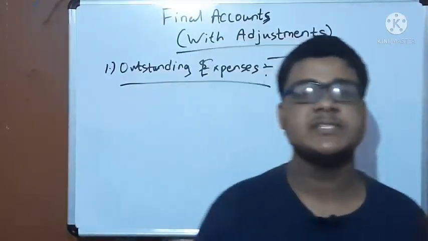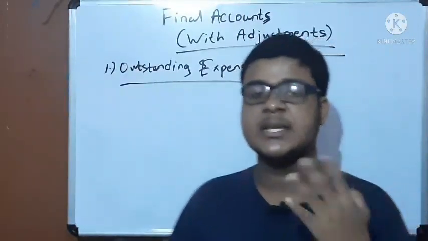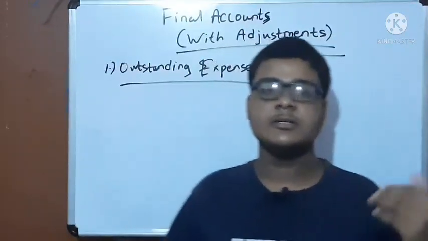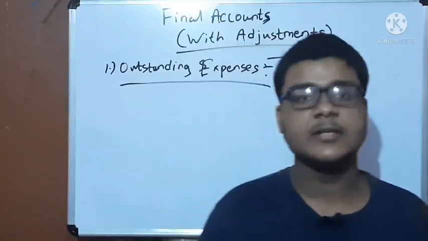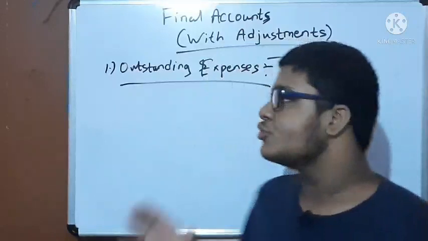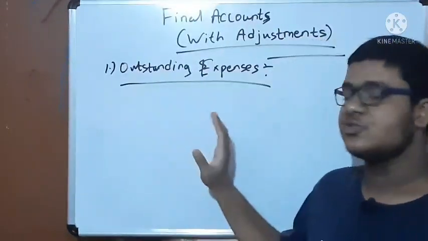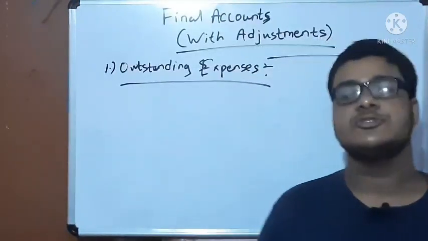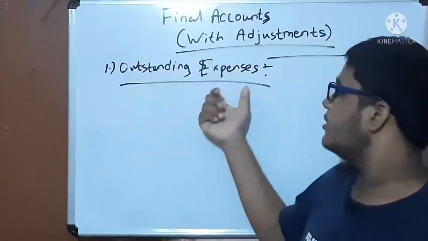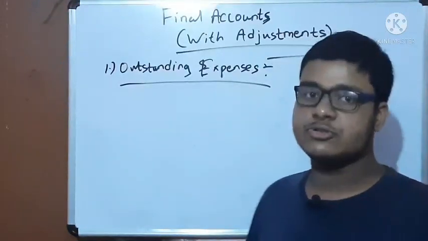So outstanding expenses. What are expenses? Expenses means, which nature, which expenses are recorded in which account. Expenses are of the nature of a nominal account, and the nominal account golden rule is what? Debit all expenses and losses, and credit all income and gains. So it is of nominal nature. Expense is a nominal nature account. But if we talk about only the expense, then it goes to the nominal account.